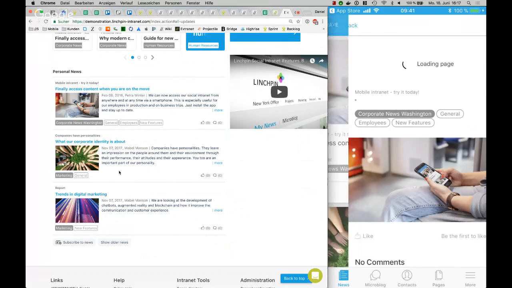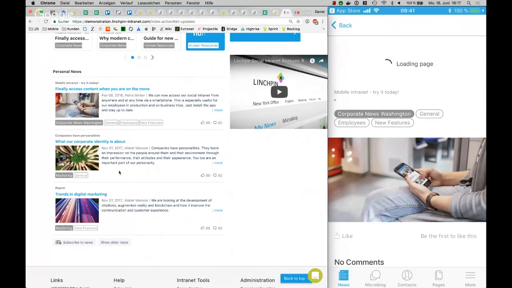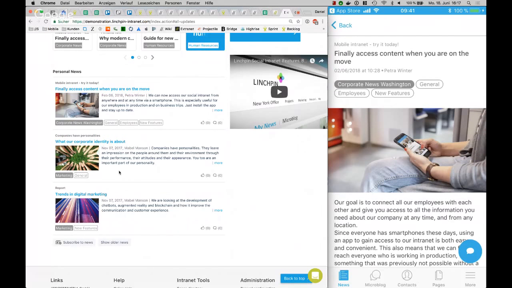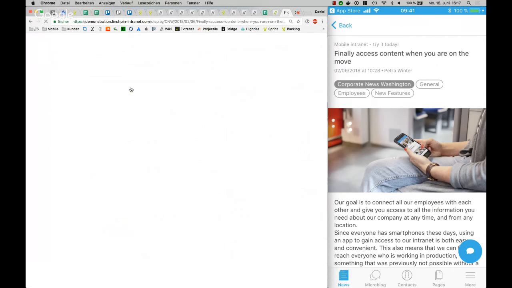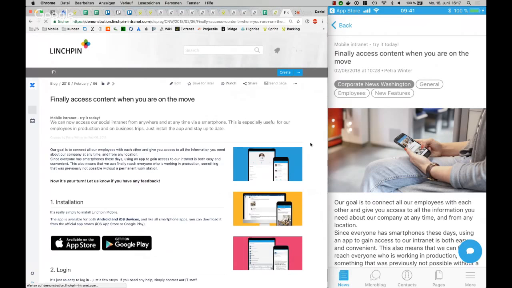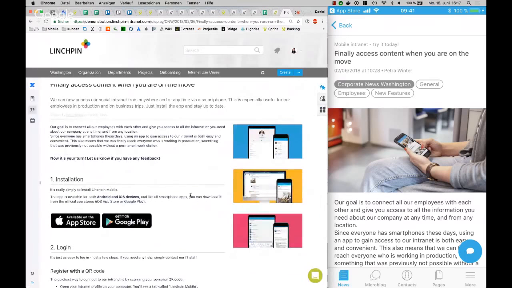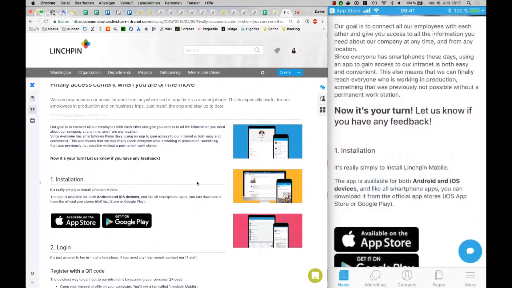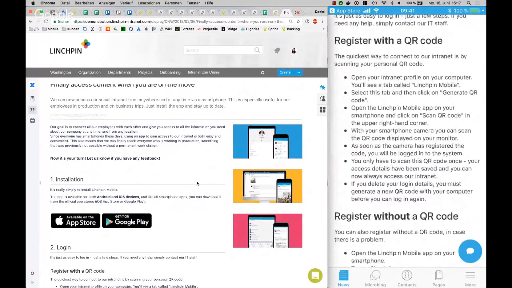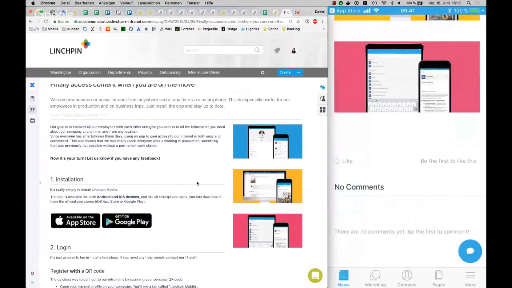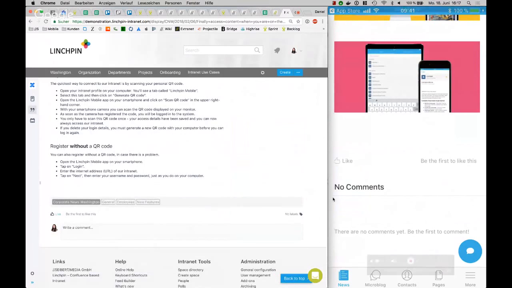In the app I can just tap a news article and get to the detail view where it's loading all the content. I can do the same in the web, and I have to wait a very little while. So I have all the content here on my desktop and also in the mobile app, so I can read news articles on the go. And this is quite nice, I can scroll down to the comment section and interact with my colleagues or the author of a news article, like corporate communications